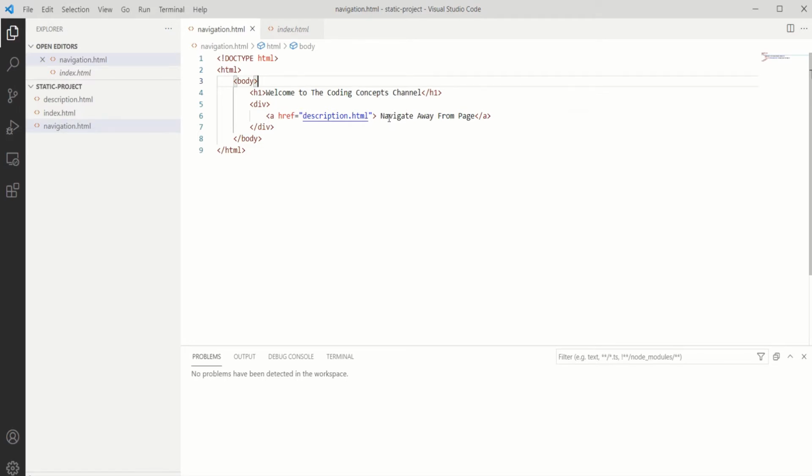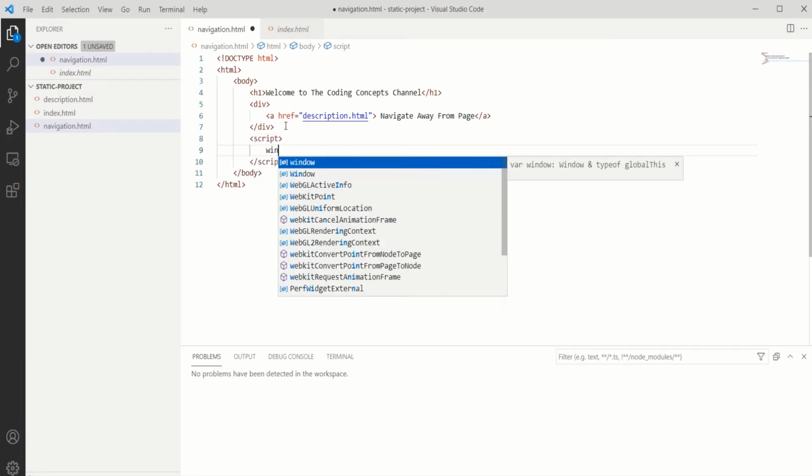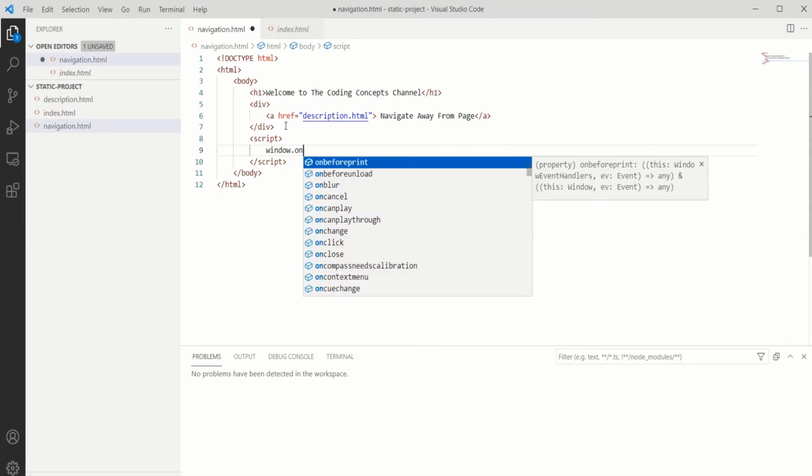Typically, you would have a form, and if the user has filled the form, then you would want to show that pop-up. But in this case, just for the demo purpose, I will show the pop-up when the user clicks on this link. So the first step is I will add the script tag here, and I will do window dot on